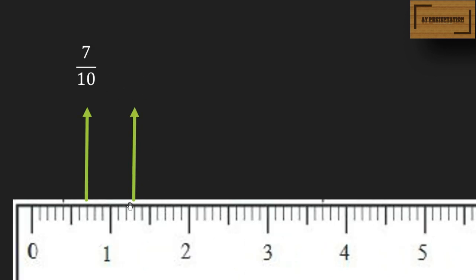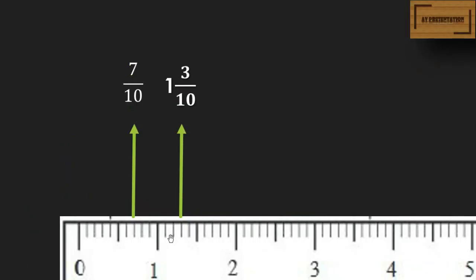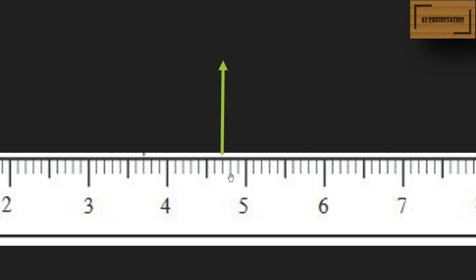Next, the arrow is placed here. One number is complete, and the arrow is on the mark 1, 2, 3. So the denominator is 10 and the complete number is 1, and from the complete number the mark is 1, 2 and 3. So the numerator is 3. The next mark is on the 7th position from the 4. Then 4 is the complete number and the denominator is 10 and the numerator is 1, 2, 3, 4, 5, 6 and